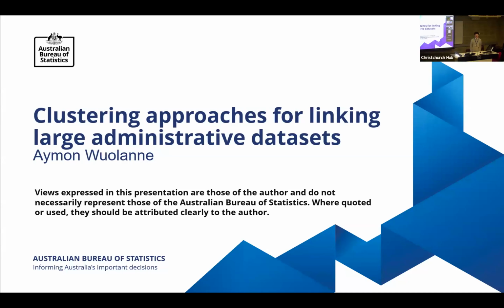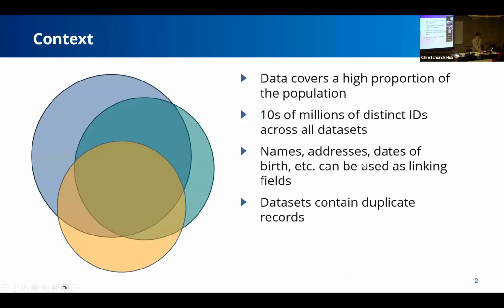So I'm Eamon. I'm from the Australian Bureau of Statistics, where I work a lot on data linkage problems. So a little bit more context on that. At the ABS, we often get administrative data sets from other government agencies. We'd like to merge these together, but there's not always a key that we can merge them on. So what we do instead is we rely on identifying information like names, addresses, dates of birth, etc. And we use these to make our educated guess of which records in the different data sets refer to the same person.